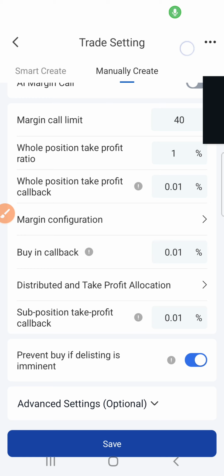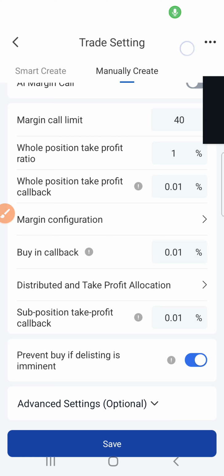Why? Because it needs that continuous callback. You get that continuous callback of negative 1 so that it can do what? It can buy that call margin. So when it reaches negative 1 and there is a continuous drop of negative 0.01, it means the robot is going to buy that call margin. You get? The robot is going to buy that call margin. So